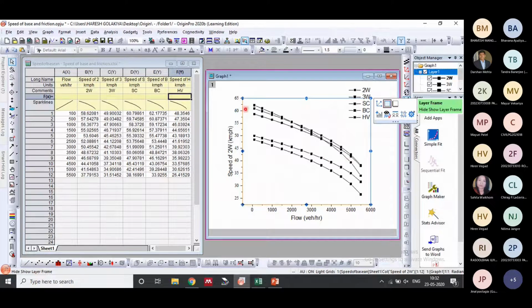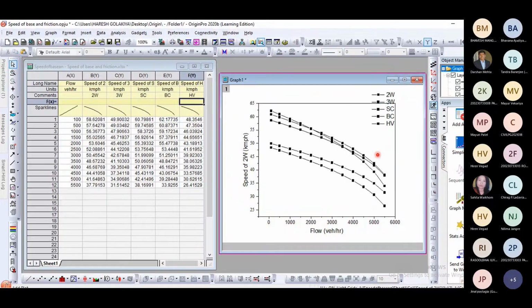Okay, if we want to make a box, we have to click near this box. So these box options are visible here, and according to this we can change it. Okay, now the box is visible. Now these labels are out of the box, so I have to get them in the box.